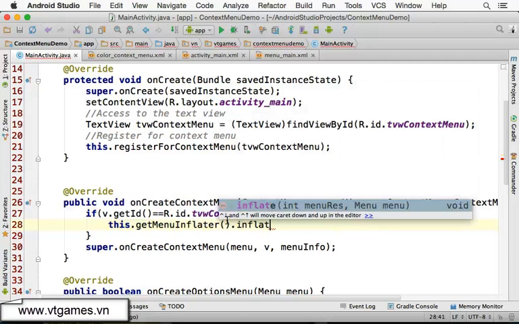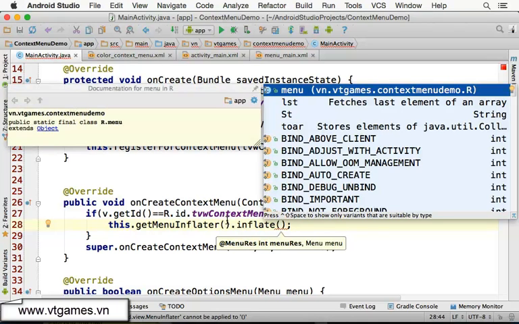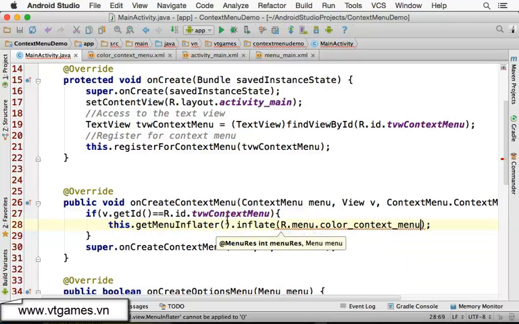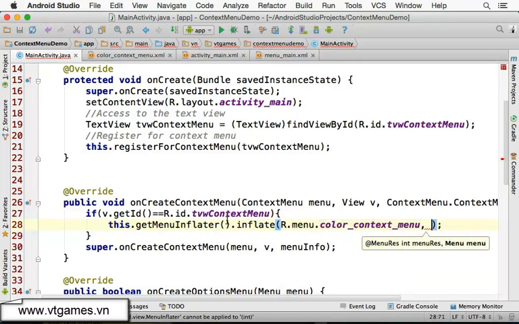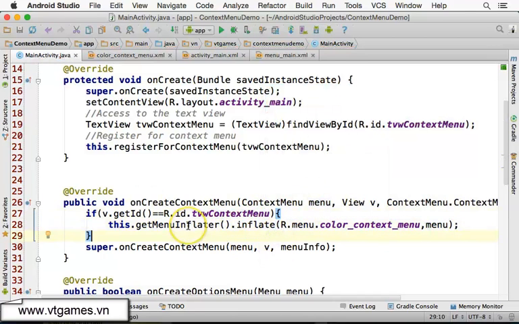So I'm going to use this dot get menu inflater. You're going to inflate the resource menu, which is R dot menu dot the color context menu. Then you're going to pass this in to the menu created just now, which is this menu, the newly created menu, to store on layout. So this one at least now,